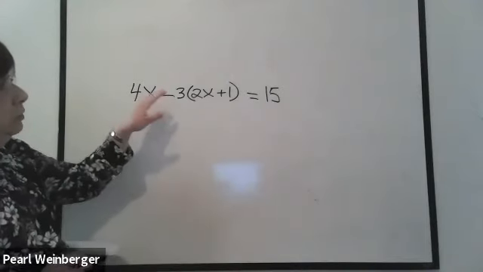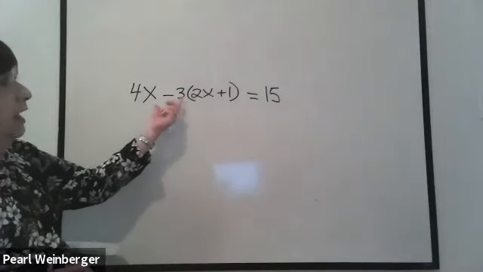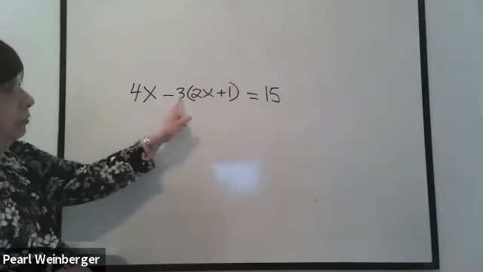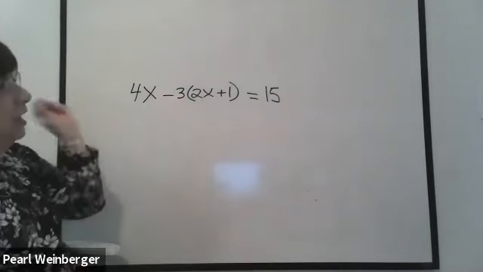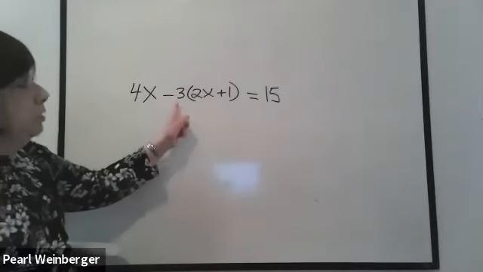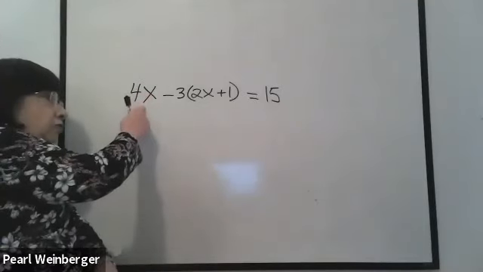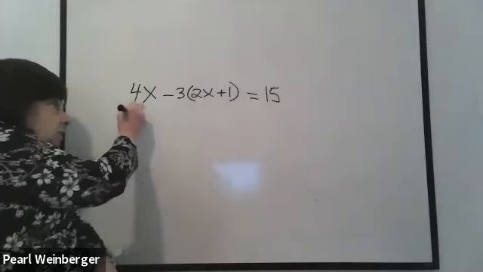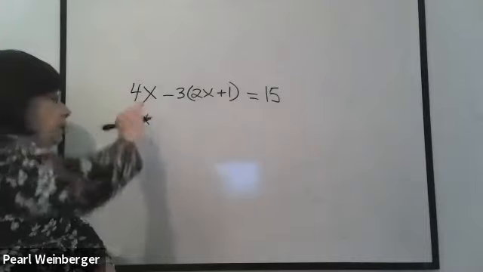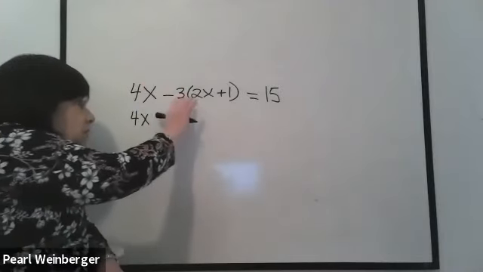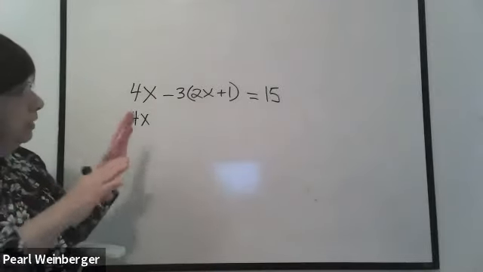And what we do is we take the number that's in front of the parentheses, including the sign. In other words, there's a 3 here, but it's really a -3 because there's a negative in front of it, and distribute it. Multiply each term inside the parentheses by that number. So the 4x is not in the parentheses. I just bring it down. Notice I'm not multiplying by 4x minus 3. The only thing I multiply by is the number that's immediately in front of the parentheses.